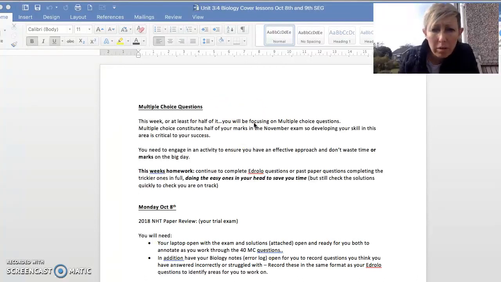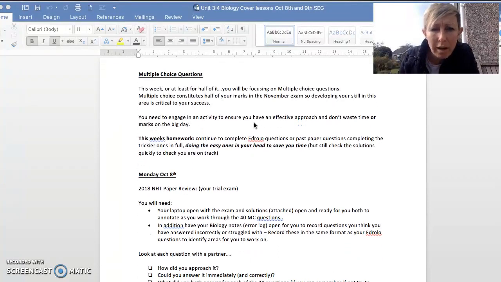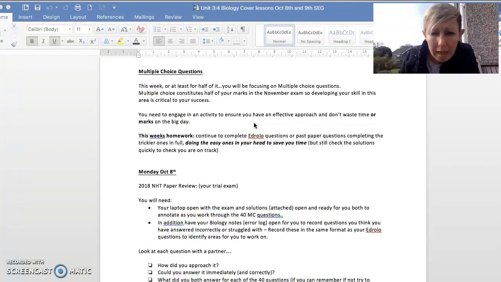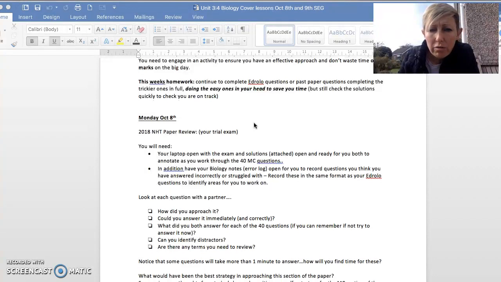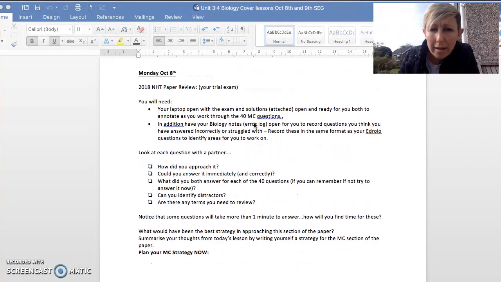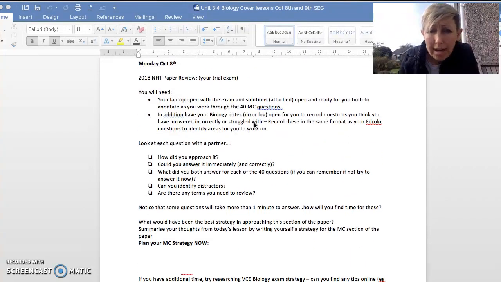Okay, so there's a Word document attached to LMS for you that explains what I want you to do on Monday. And that's in small groups. I'd like you, pairs or threes, to review the 40 questions together. Look at the options and how the options are organised and how they write the distractors. As you go through, notice any questions that you think you may have got wrong through discussions with each other and by looking at the solutions that I've posted.